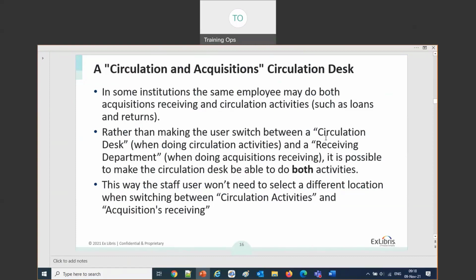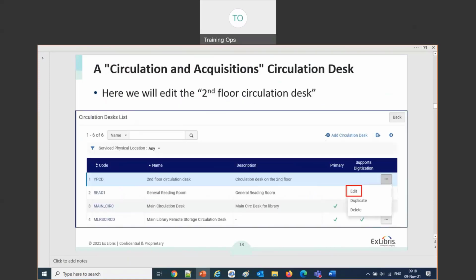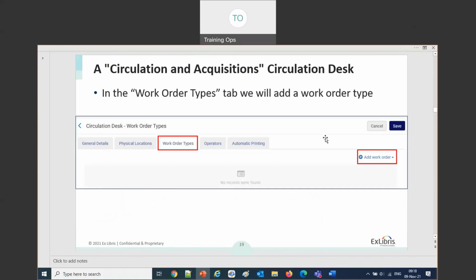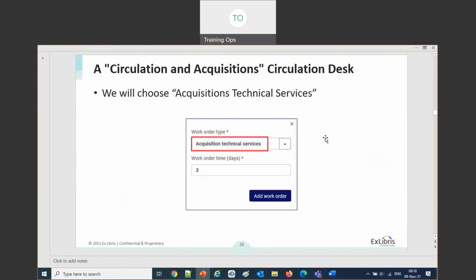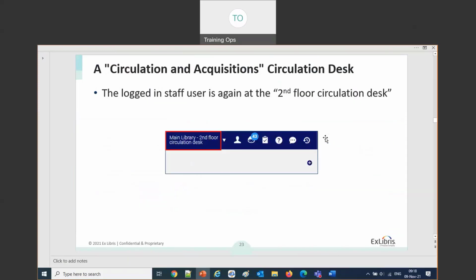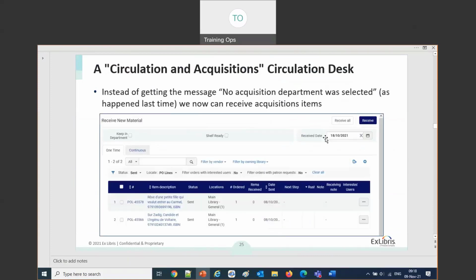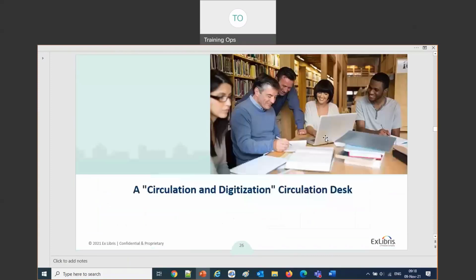So instead of needing to switch desks all the time, we make one desk which includes the work order type. We edited the circulation desk just like this. We added a work order just like this. We added the acquisitions technical services just like this. And then when we came in and we chose receive, we no longer got the error message and we could receive items. I'm going to stop here and see if there's any questions on that,